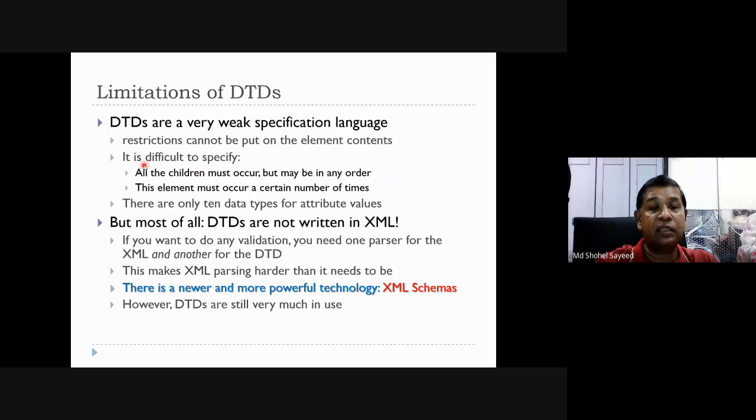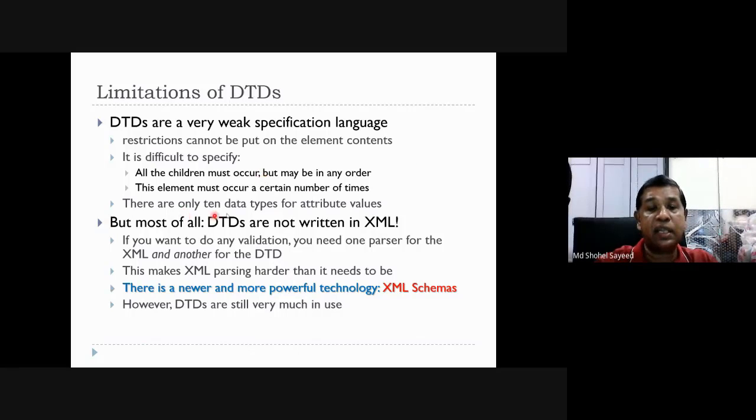It is difficult to specify that all the children must occur, but maybe in any order, or that this element must occur a certain number of times. That means if you want to define the document type definitions, you must specify the content in any order. It can be any order. So this might not be a good rule for document definitions.